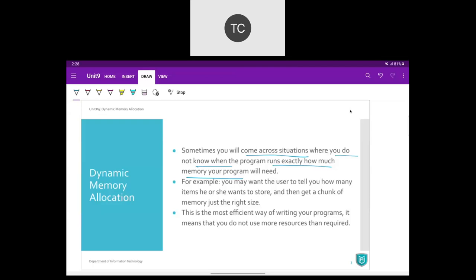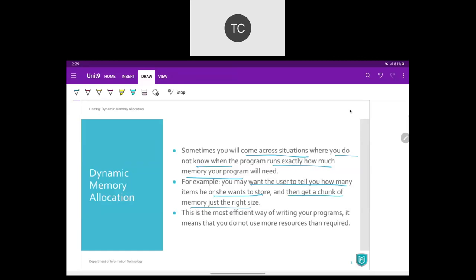What you do is you actually want your user to tell you what amount of data he or she wants to store. So if the user says, okay, I want to store 5 student data, then at runtime we are going to allocate memory for 5 students only. So at runtime, we get a chunk of memory.